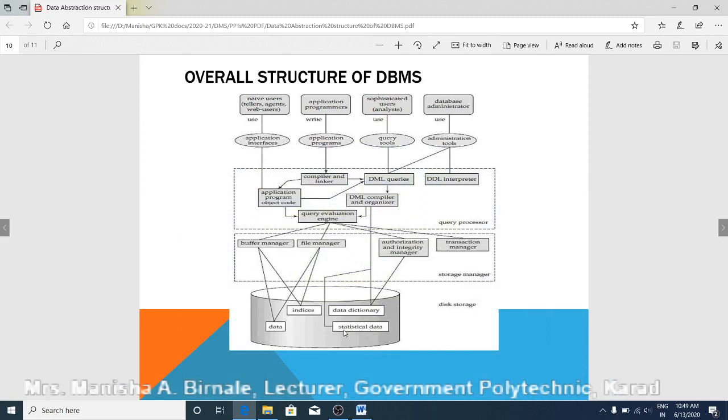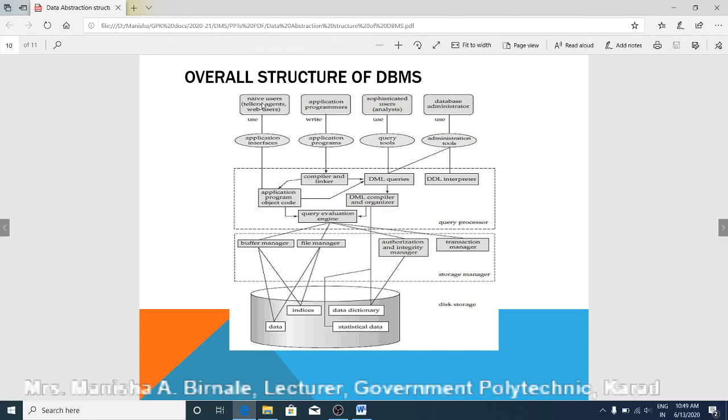Hard disk also contains statistical data, means large amount of data, historical data. For example, admission data of last 5 years, first year admission data of last 5 years. Such type of large amount of data is also stored on a disk, which is called as a statistical data.